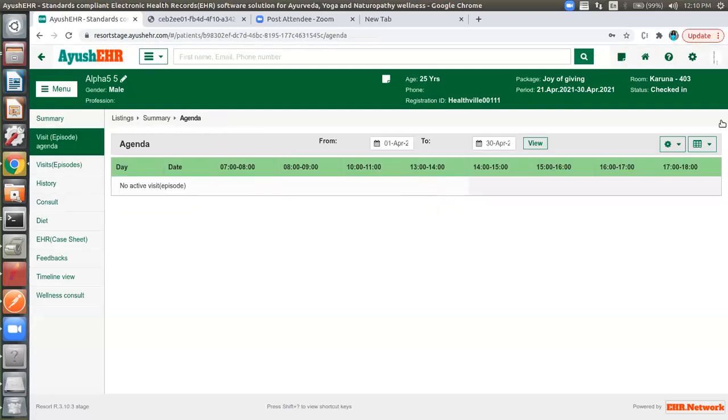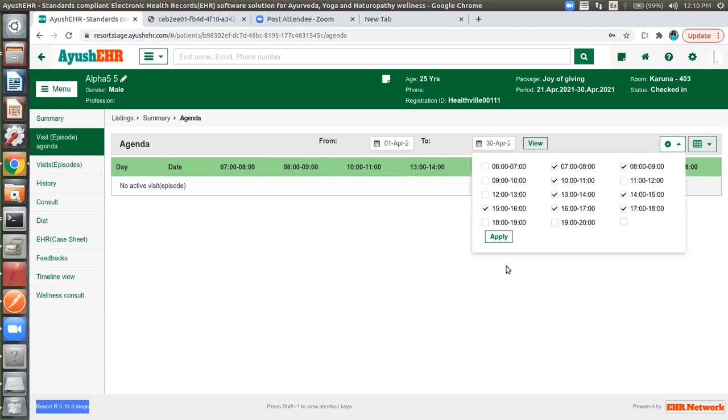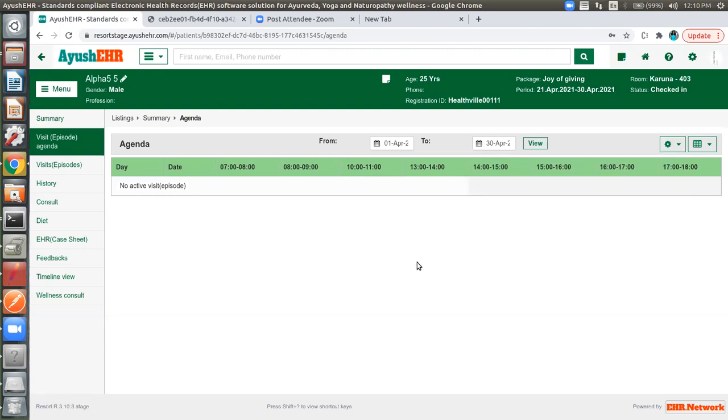in that respective check-in, we can look at here in the agenda. I don't know, this black screen is not going up. Okay, and here we can see a list of tasks assigned to a guest. Yes, I created two.